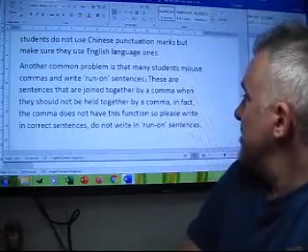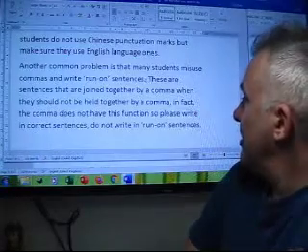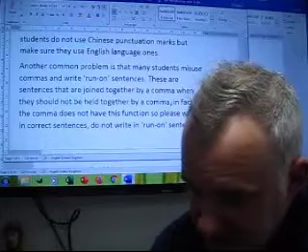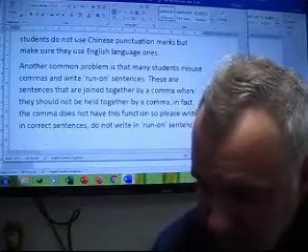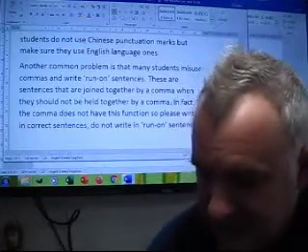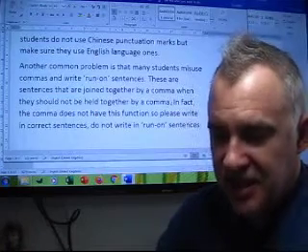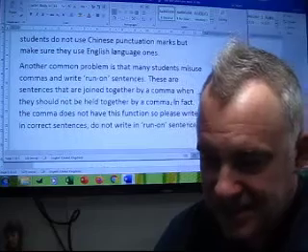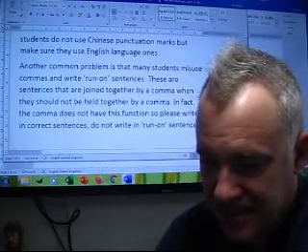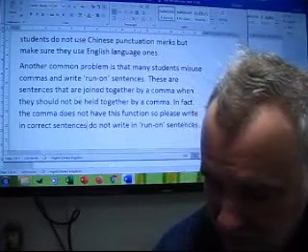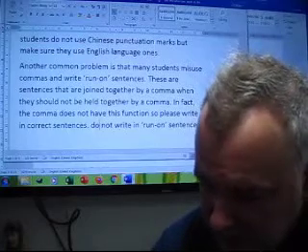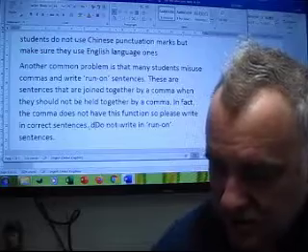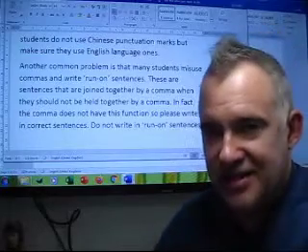These are sentences joined together by a comma when they should not be held together by a comma. There's another one. That's the end of the sentence. And we can change in fact to the start of the next sentence. In fact, the comma does not have this function. So please write in correct sentences. There, that's another sentence. And the last sentence. Do not write in run-on sentences,